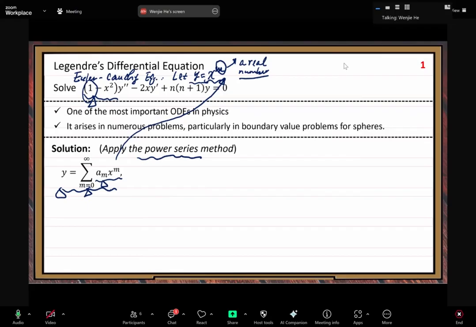The next question, we want to understand how much we can do by using the power series representation, right? How much we can do. All right. So my question, let me